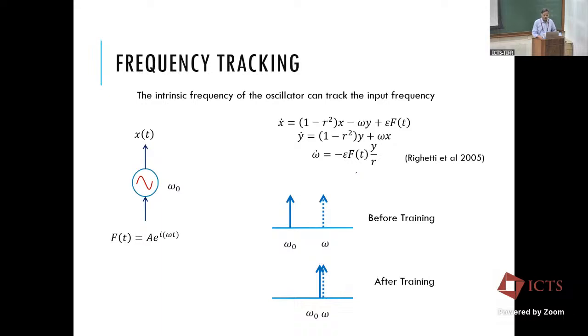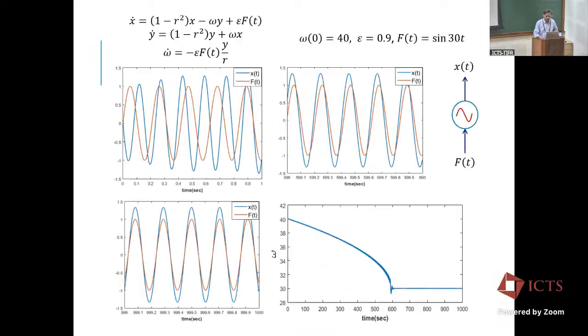Training at the level of a single oscillator means there's only one parameter, which is the frequency. How do you train it? When you give a complex sinusoid as input, how do you make the oscillator learn that frequency? This is called frequency tracking in the EE and signal processing literature. There's a very simple rule for that, published before by Rigetti et al., and we are just following a complex version of that.